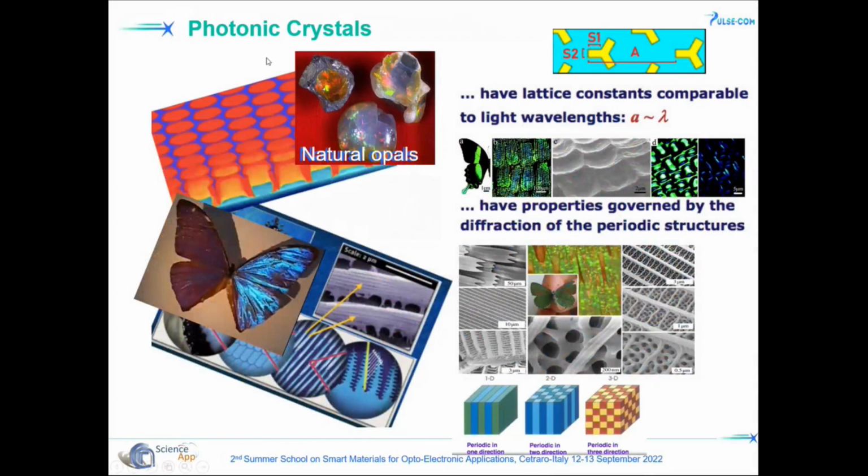In the frame of metamaterials, you have, for example, photonic crystals. Photonic crystals are characterized, you see on the right side, an example of a structure that we usually fabricate in our labs, are characterized by having lattice constants which are comparable to the light wavelength, the incident light wavelengths. These materials, as I said before, in this case, their properties are governed by diffraction of the periodicity of the structure. You have different examples of photonic crystals in nature, like you see diffraction effects in the wings of butterflies,